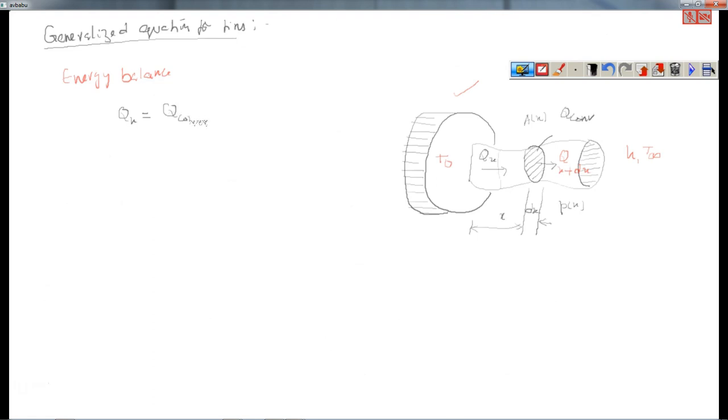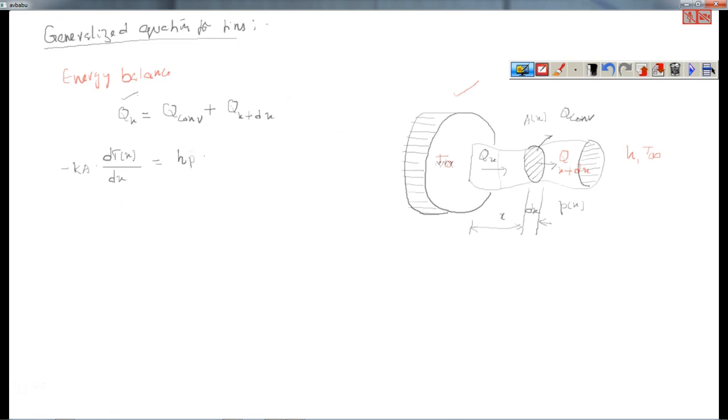Q convection out, and this can dissipate heat in the form of Qx plus dx. Okay, now if Qx is by conduction, then I can write the Fourier equation: Ka into d temperature along x direction divided by dx is equal to convection. I will write it as h into